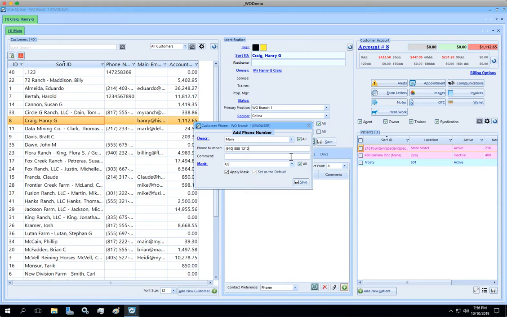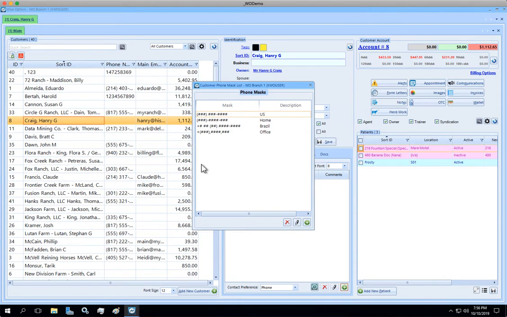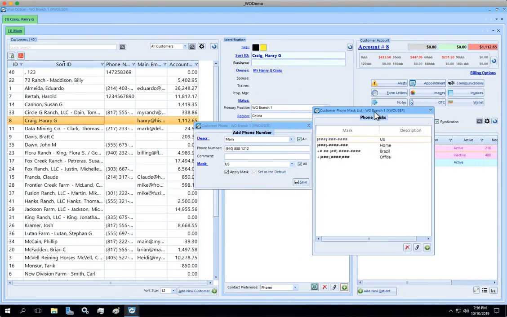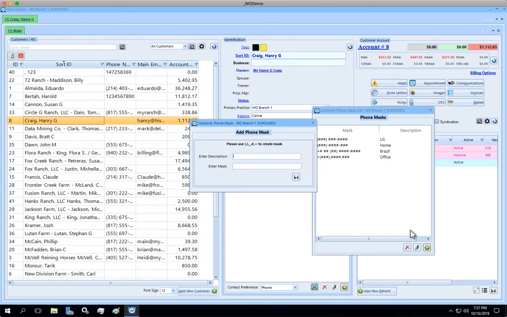For you to make that happen, basically what you've got to do is create a new mask and put a list of possible masks. I already have some masks here. Again, I'm clicking on masks and it pops up the dialog box where I have the different masks that I can play with. And the way for you to create a mask, you just click on the plus,